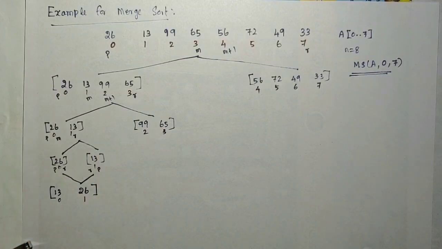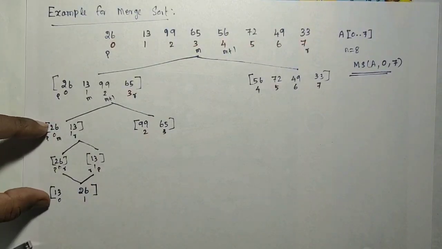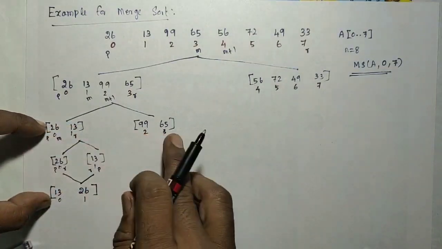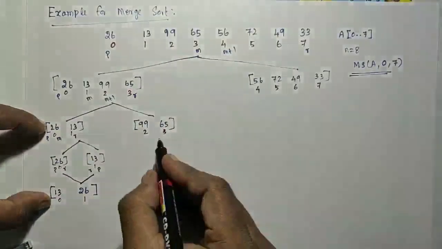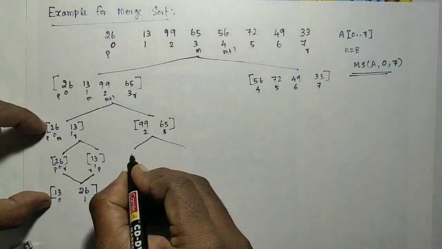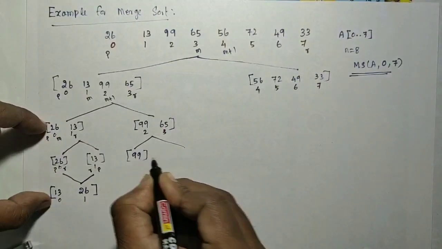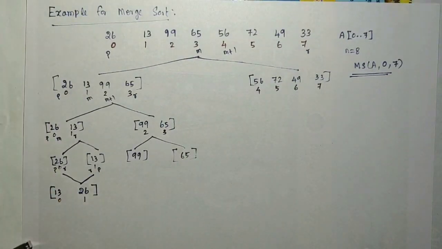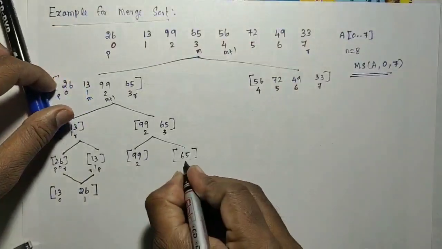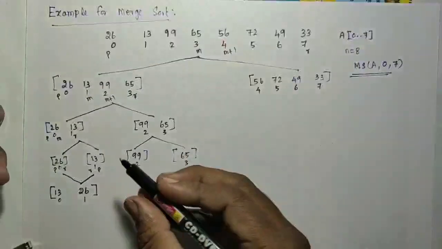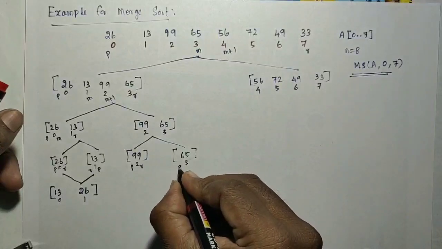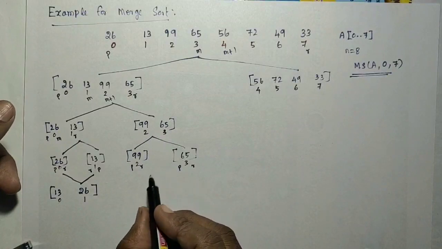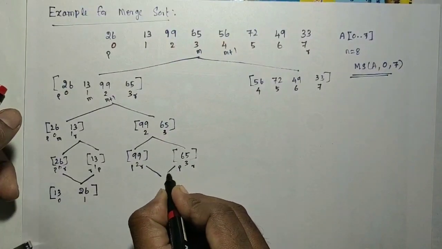Okay, what is happening here is that 2 and 13 get sorted like this. Similarly, 99 and 65 have to be sorted. How will it be sorted? Divide into 99 and then 65. For a single element, this is 2 and this is 3. In that case, P and R are both the same. Here also P and R will be the same, so no need to calculate M and R, so it gets sorted. Next I need to merge these two.